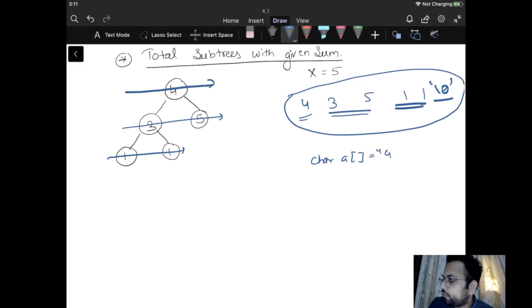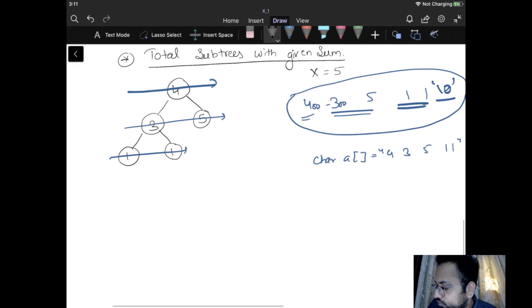Right, so we can take 4, 3, 5, 1, 1. These numbers are space separated, obviously, because there can be a number like 400, or a number like minus 300. So if I want to fetch these particular numbers from the given string, then we are going to use a function called strtok, the string tokenizer function. You can read about how this string tokenizer function works. You can actually extract all the numbers from this string.